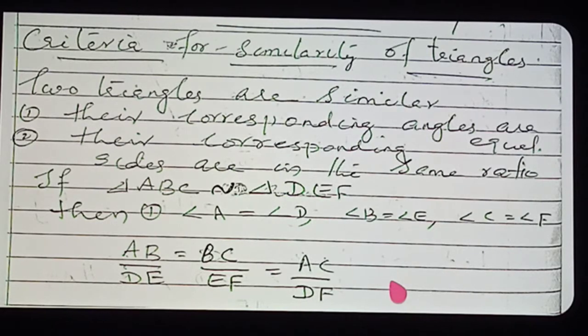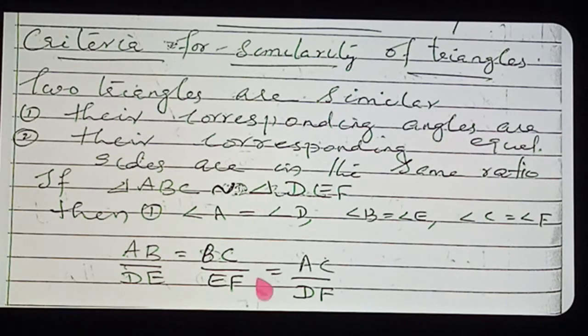And if it is a similar triangle, it is not compulsory that it should be equal to 1. It can be any ratio. AB by DE equal to 2 by 3 is possible, 3 by 2 is possible, 1 by 2 is possible, any ratio. But all the ratios must be equal. That is a must. So once more, we can repeat. If two triangles are similar, the first condition is that their corresponding angles are equal. And the second condition is that their corresponding sides are in the same proportion. Clear? That is one example I have taken here, and its condition is also written here.